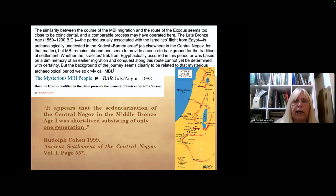Rudolf Cohen actually published something that's been quite ignored, I would say, over the years. And I'm going to quote here: "The similarity between the course of the MB1 migration and the route of the Exodus seems too close to be coincidental, and a comparable process may have operated here. The Late Bronze Age, the period usually associated with the Israelites' flight from Egypt, is archaeologically unattested in Kadesh Barnea." This is exactly what David Alon had mentioned, "but MB1 remains abound and seem to provide a concrete background for